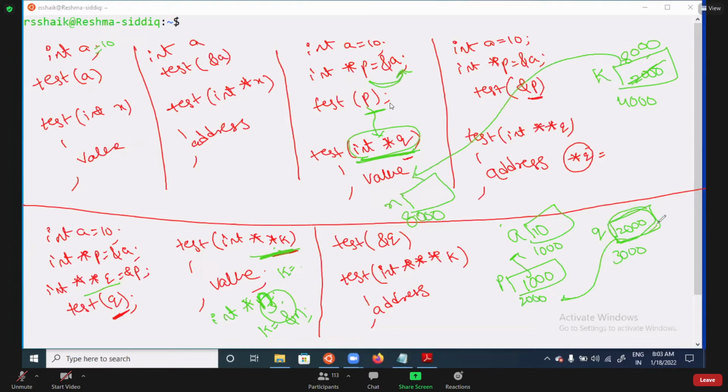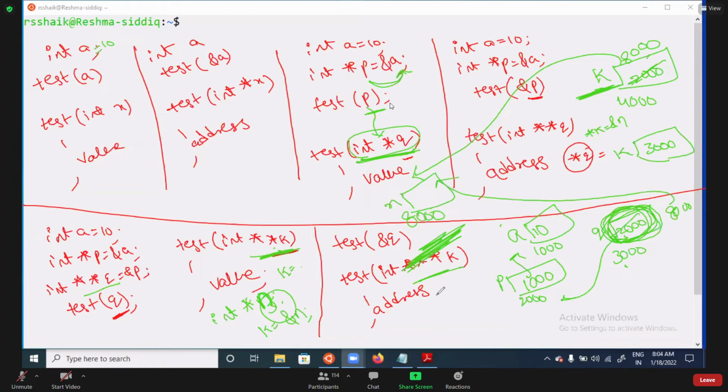Now q's value is modified? No, sir. It will remain as 2000. That is call by value. So the k value is modified, the formal argument is modified, but the actual argument is not modified. That is nothing but call by value. But whenever you are passing an address, k is pointing to this case. If you observe, it is a triple pointer. Triple pointer means it is holding the address. Now if I write *k and modify it, then this address is going to be stored in this particular memory location. So it is also fine.